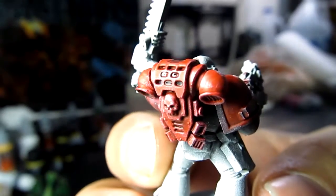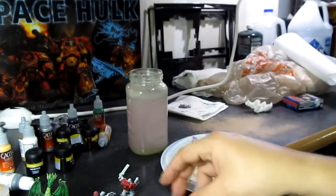I tried to diffuse my direct light a little bit. I just have some paper towel in front of